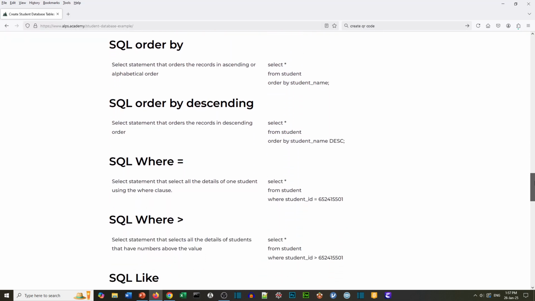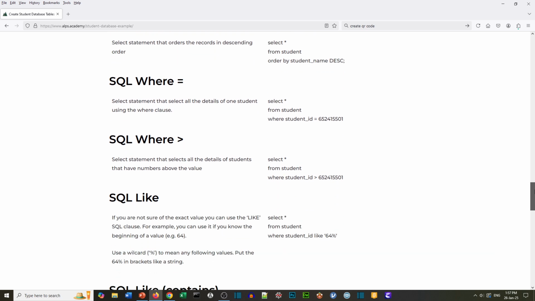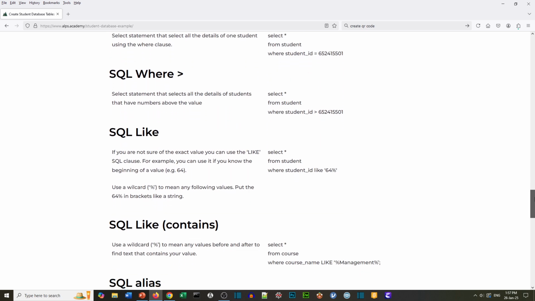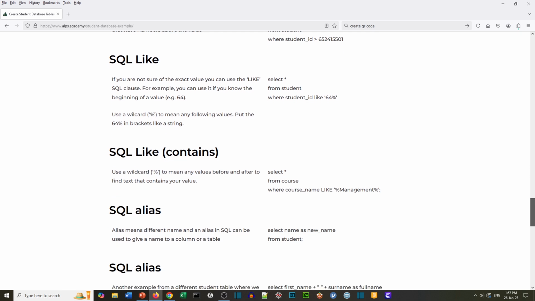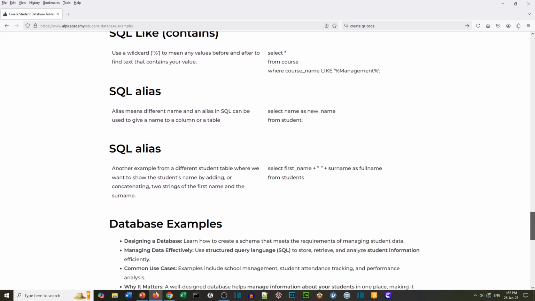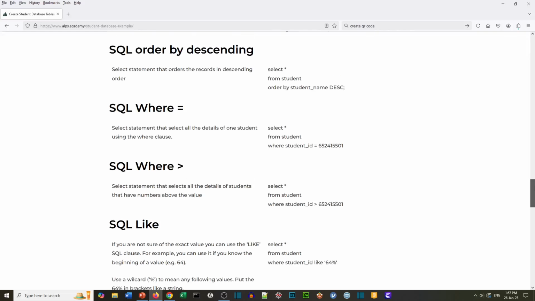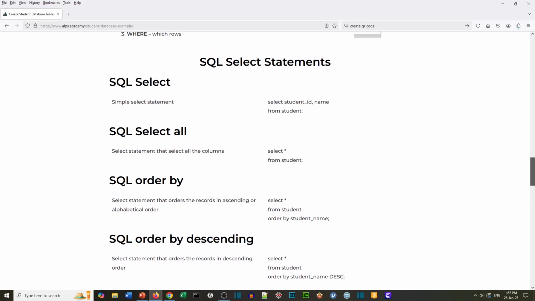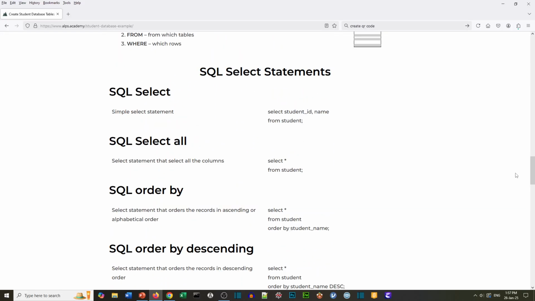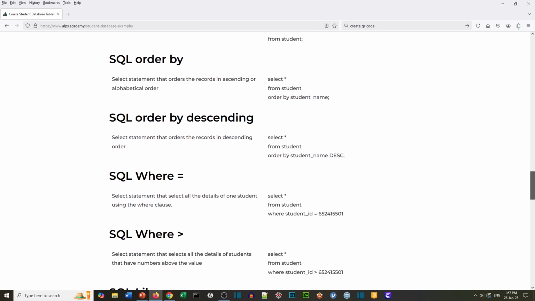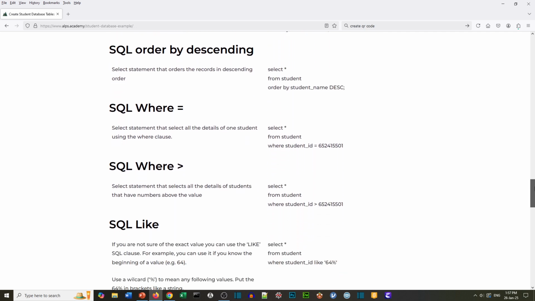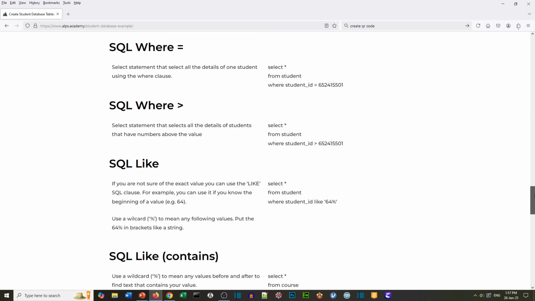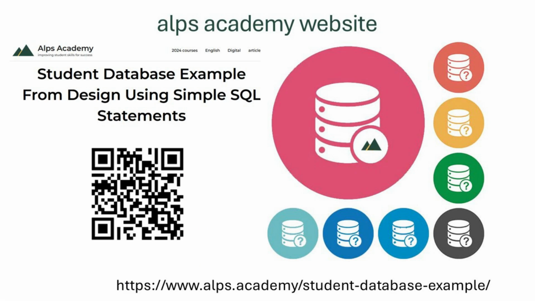If we go back to the website, you can see we have all these SQL select statements. The code is on the right. And you can just copy and paste these and put them into the SQL window, to check to see if they work. And run them on the code because you've got the student and course table in there already. Remember, all of this is on the website,